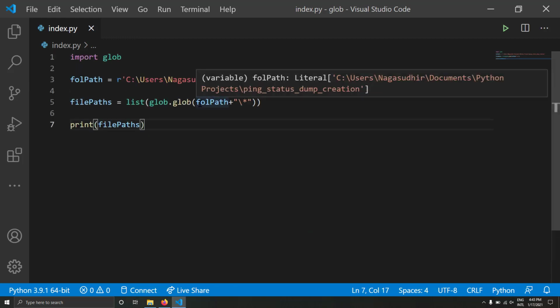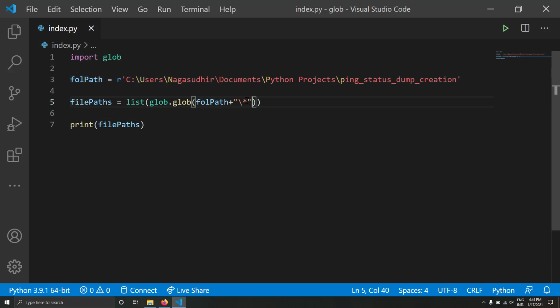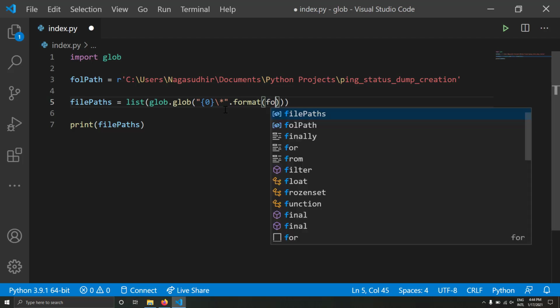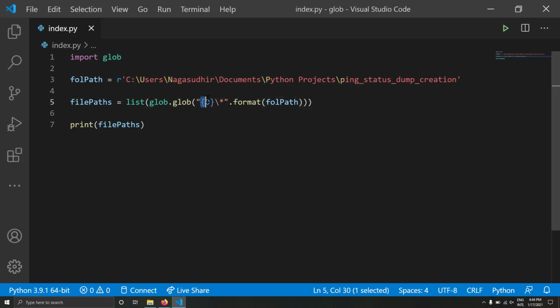Okay, one more thing I want to improve here is that this doesn't look good to me, so I'll just use string substitution. I'll write {0} and write format here. It's the same thing, but it looks a bit nicer. So this is generally how I write it: folder path, backslash, star. Yeah, so this is how we get the file paths. Now this is how you can get the file paths of all the files inside the folder using the glob module. So how can it be useful? You can process each file and do your custom file processing. Suppose my task now is to find the size of each file inside the folder.